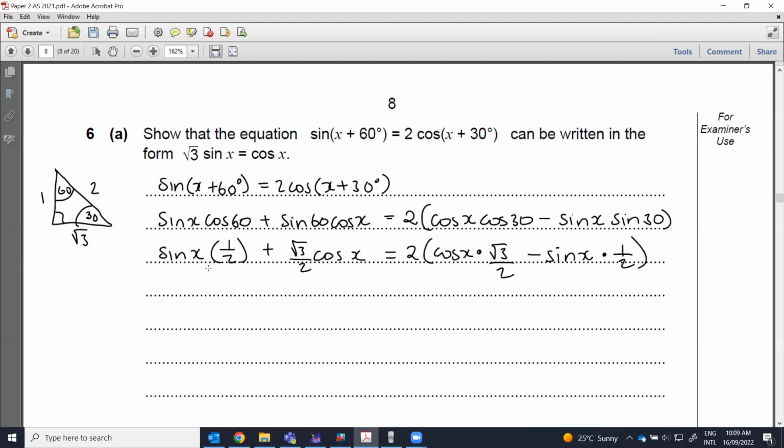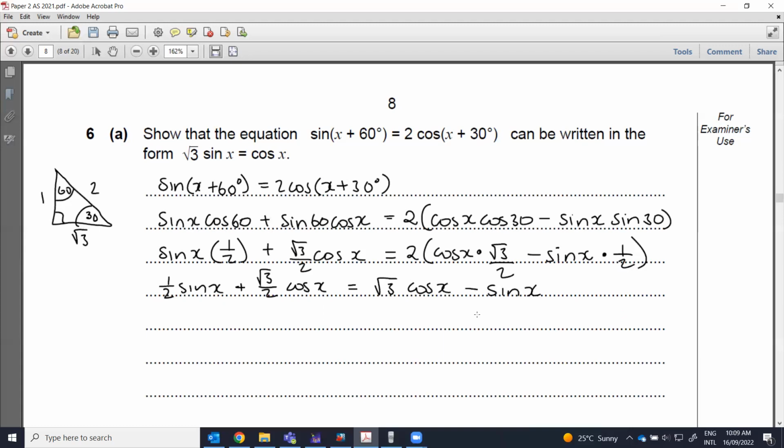Okay, so we can simplify. Here I have a half sine x plus square root of 3 over 2 cos x, and then this 2 here can multiply inside. So the 2 will multiply with this one and cancel. So I'll be left with the square root of 3 cos x. The 2 will also multiply with the half, so I'll have minus